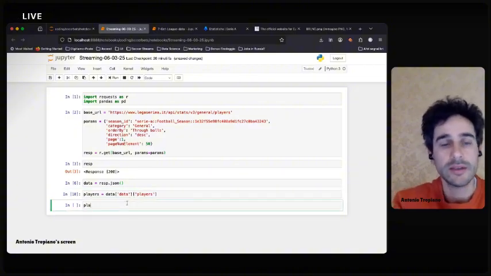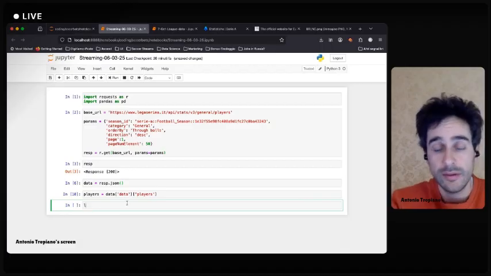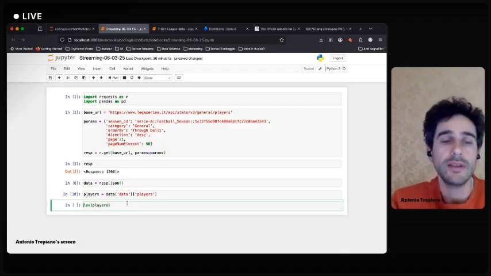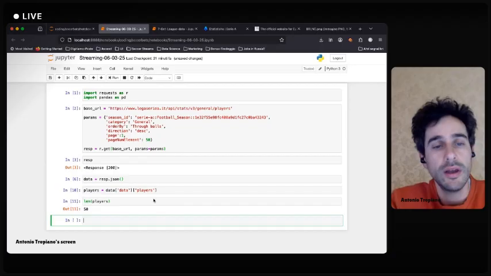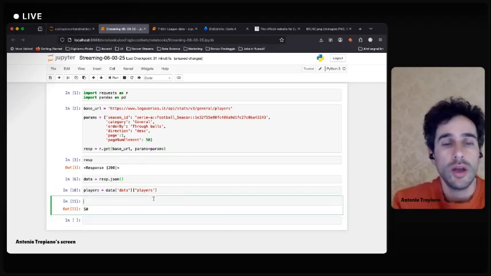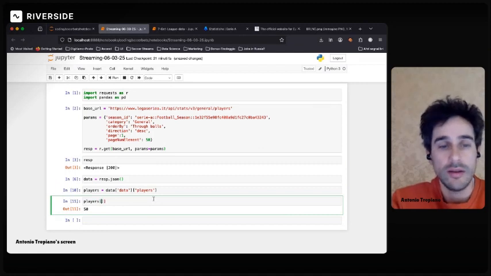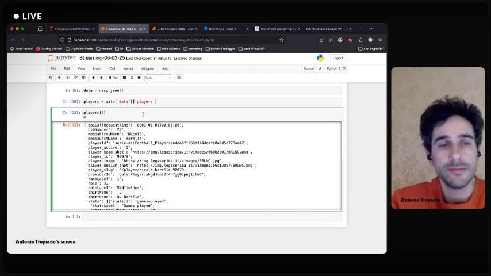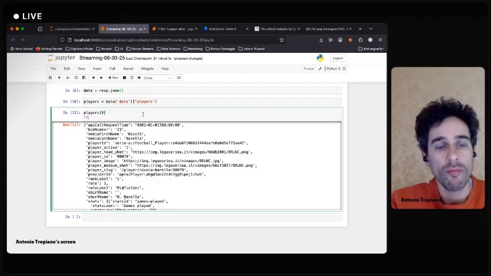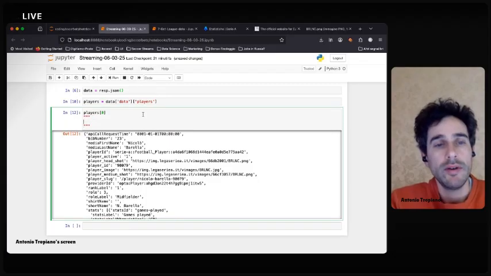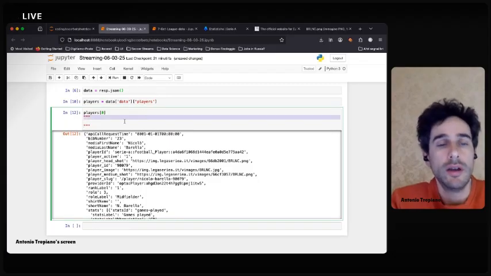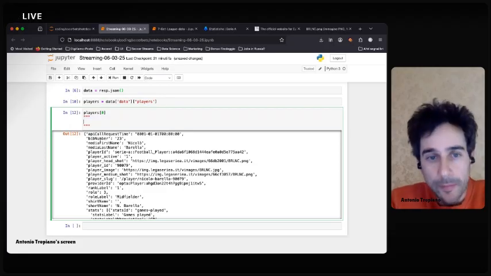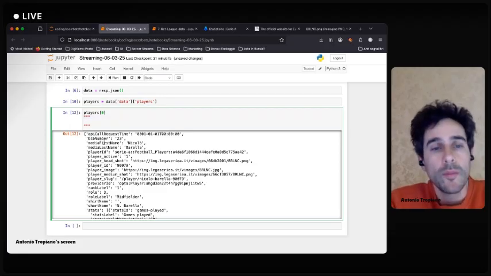Wonderful. So now players should contain 50 elements. If we check the length of players, it should be 50. And what do we do for each player? Let's again have a look at the first player. So players 0, this should be Barella. And let's have a look at a few